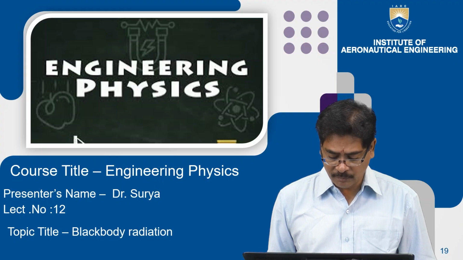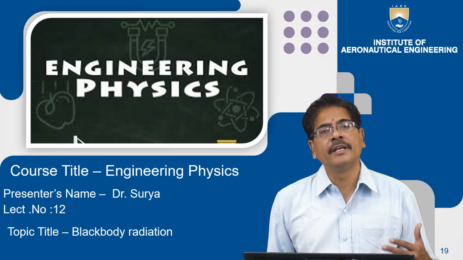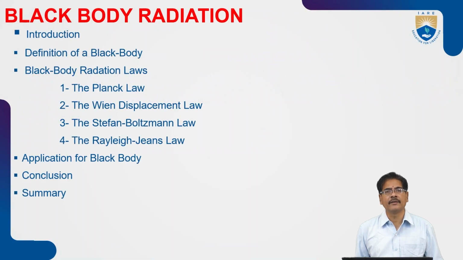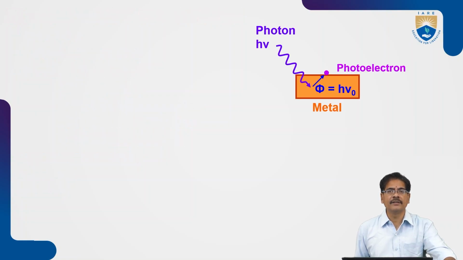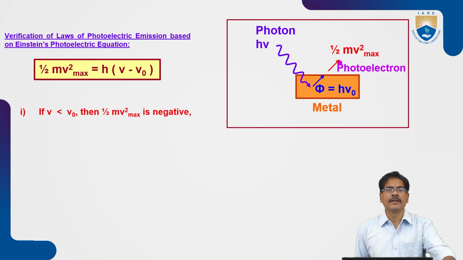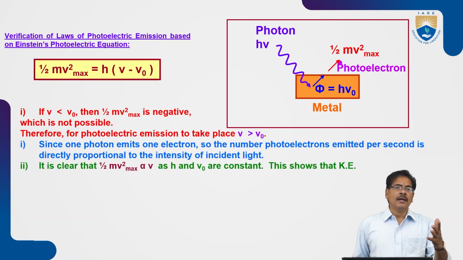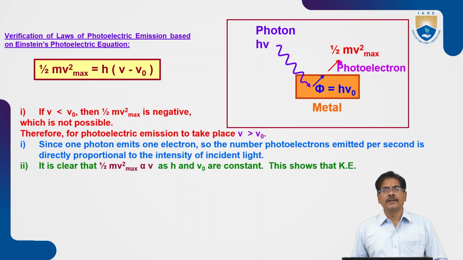So one of the phenomena is blackbody radiation, and before studying blackbody radiation, we need to study the Einstein photoelectric equation, right? In the previous lectures we have seen that the photoelectric effect is a phenomenon of liberation of electrons from the surface of a metal, when we shine some light energy on that particular metal. The photoelectron will have some work function, that is phi equals h nu naught, that we have seen,